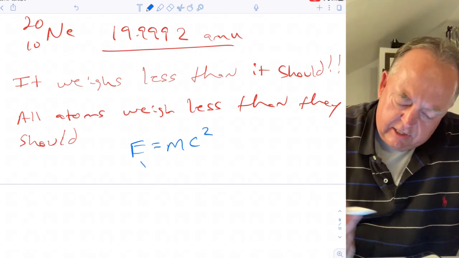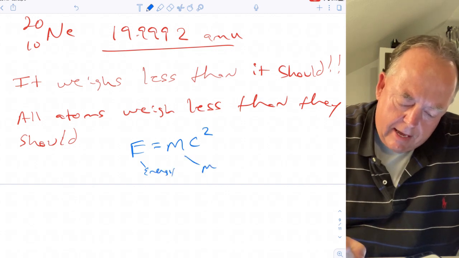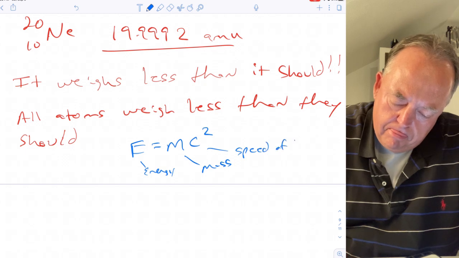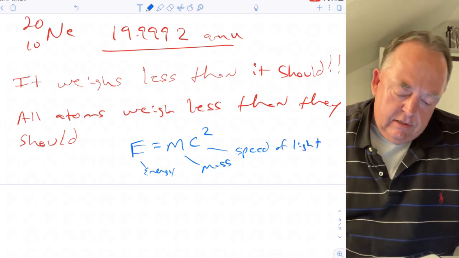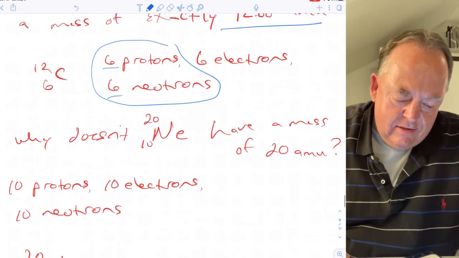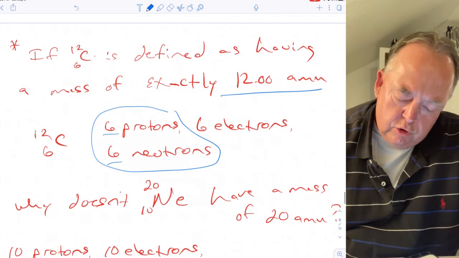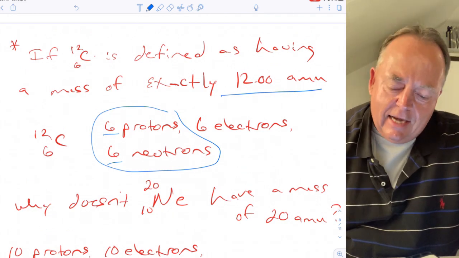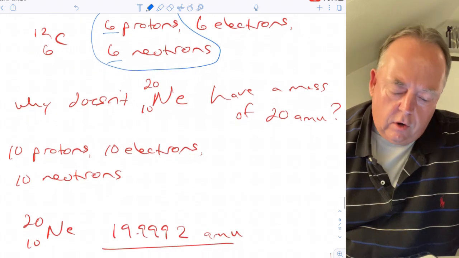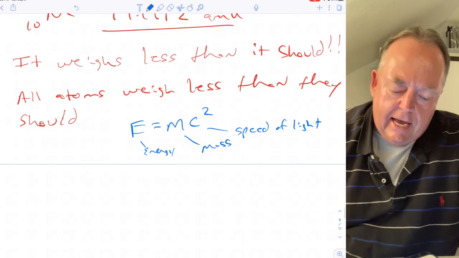So that's Einstein's equation, right? E is energy, m is mass, and c is the speed of light. So for all nuclei, carbon is 12 because AMU is defined in terms of carbon-12. 6 protons, 6 neutrons, 6 electrons is defined as exactly a mass of 12 atomic mass units. And then everything else is relative to carbon. But the point is, some of the mass of an atom